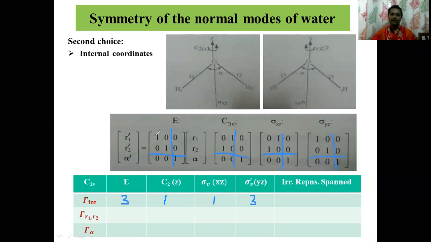If I take the character for this, this is going to be R1, 1 plus 1, that is going to be 2 for identity. This is going to be 0. Again, this is going to be 0. And this is going to be 2. Now if you go for the second block, that means this one, this one, this one, and this one, this is for alpha. So all the values are going to be 1, 1, 1, and 1. That is what we get in terms of the matrix.